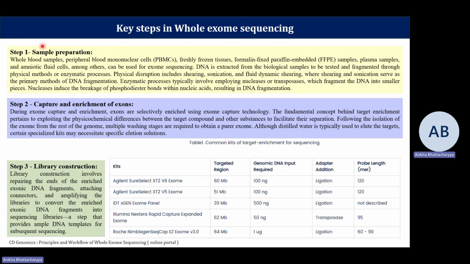But commonly for whole exome sequencing, the kind of samples that can usually be utilized include the following: whole blood sample. You can use PBMCs, or peripheral blood mononuclear cells, freshly frozen tissues, which are basically fresh tissues that have been frozen. You can use those. Following that, you can use FFPE, or formalin fixed paraffin embedded samples,